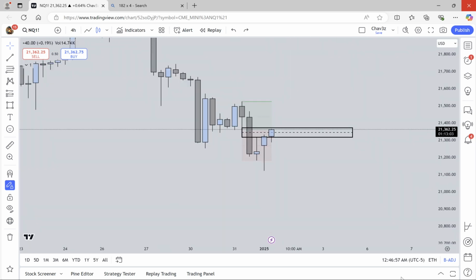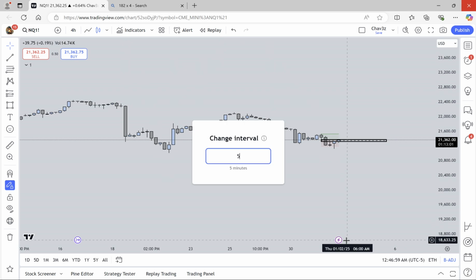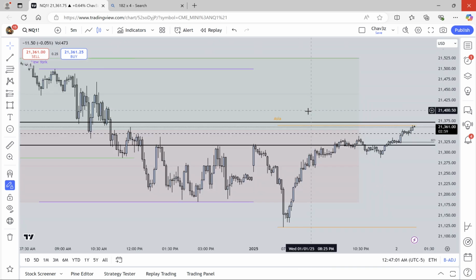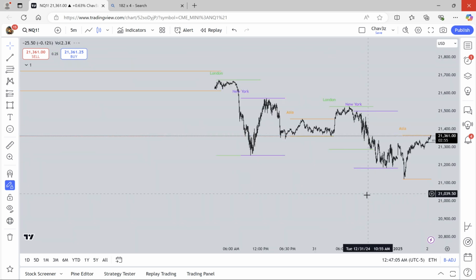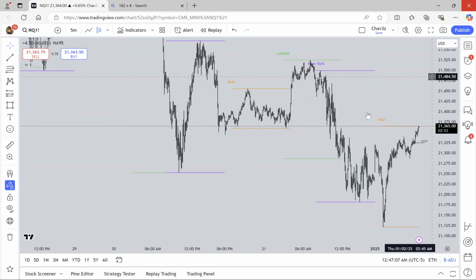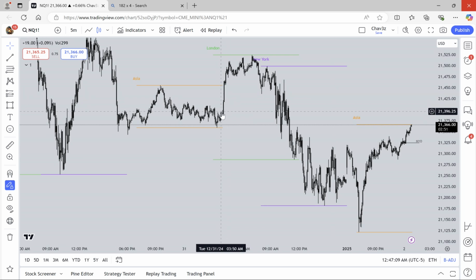Here, we'll do another example real quick so I can show you guys what I'm talking about. Pretty sure that one was pretty good, but we'll do another one. Get rid of the drawings. So we'll use yesterday as an example. Look at this displacement, right? Displacement is this big continuation of candles. Where do we displace above?